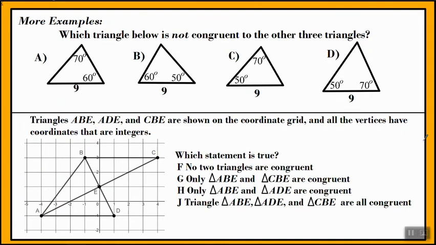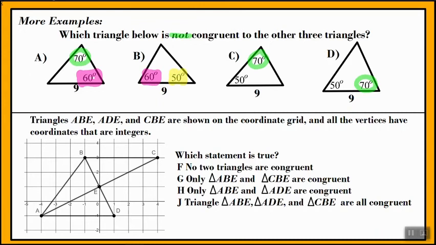All right, y'all. So looking at some more examples. First, which triangle below is not congruent to the other three triangles? So what the question is really asking is, which of the three is not like the others? So to start out, we're going to circle things that are similar. So 70 matches 70, matches 70, and 60 matches 60,